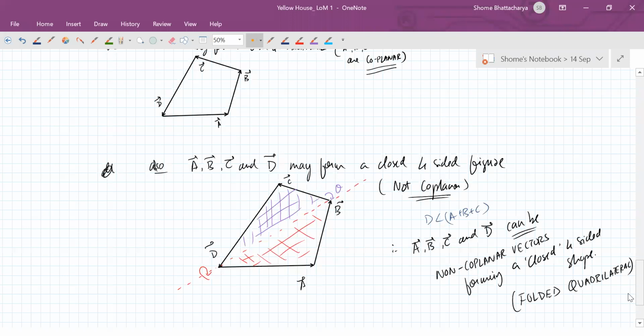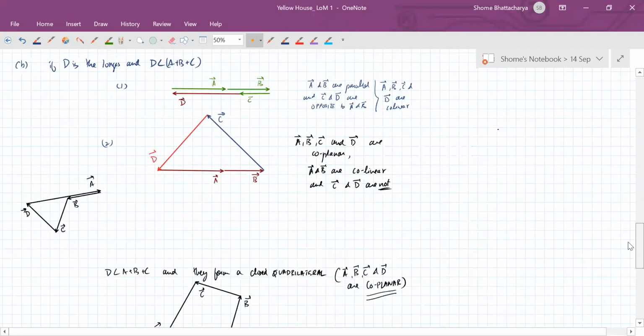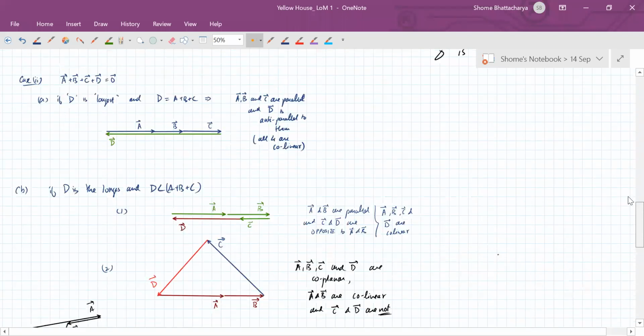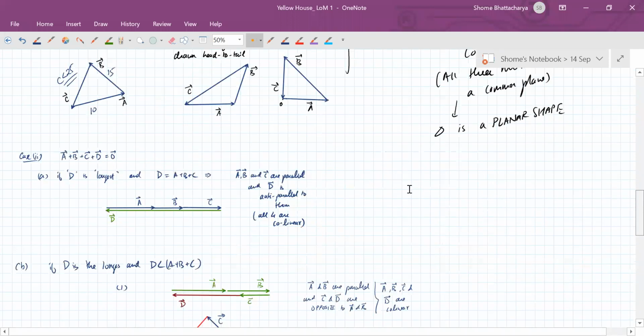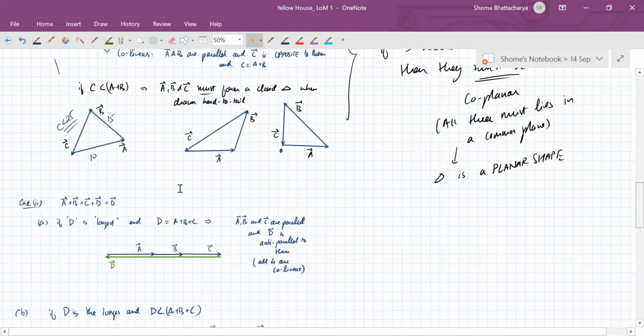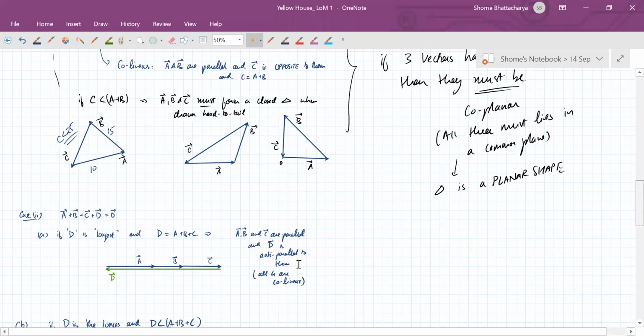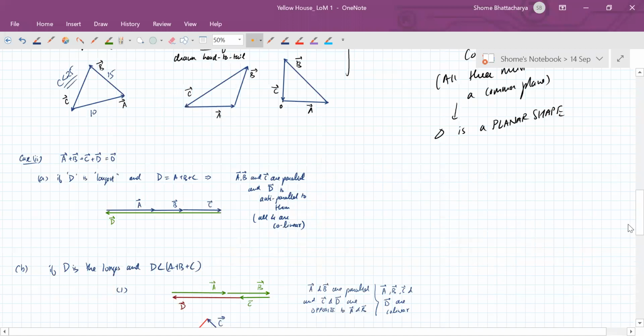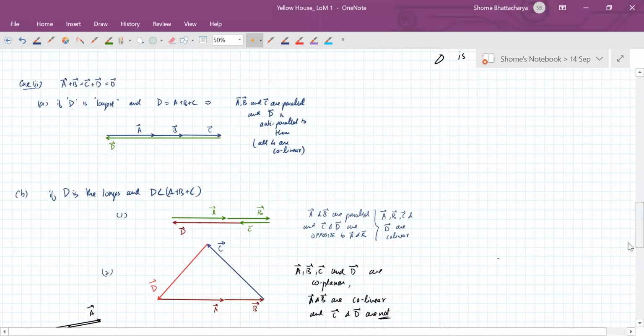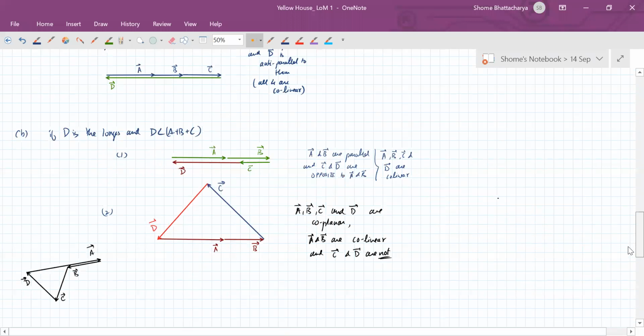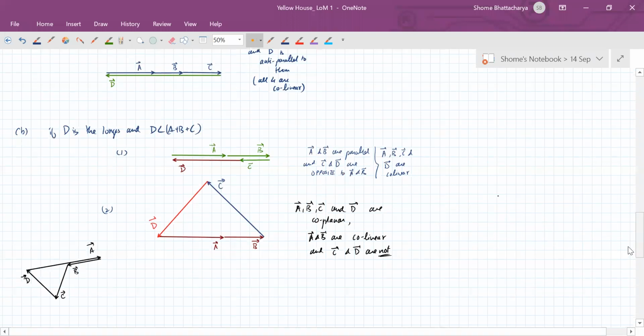And in all these cases, other than the first one I drew, d is less than a plus b plus c. The magnitude of d is less than the sum of the other three's magnitude, except for the first case. In the first case, the magnitude of d is equal to the sum of the other three. But यहाँ से लेके बाकी जितने भी cases हमने देखे, d's magnitude has to be less than the sum of a, b and c. And obviously if it is greater, then the resultant cannot be 0.